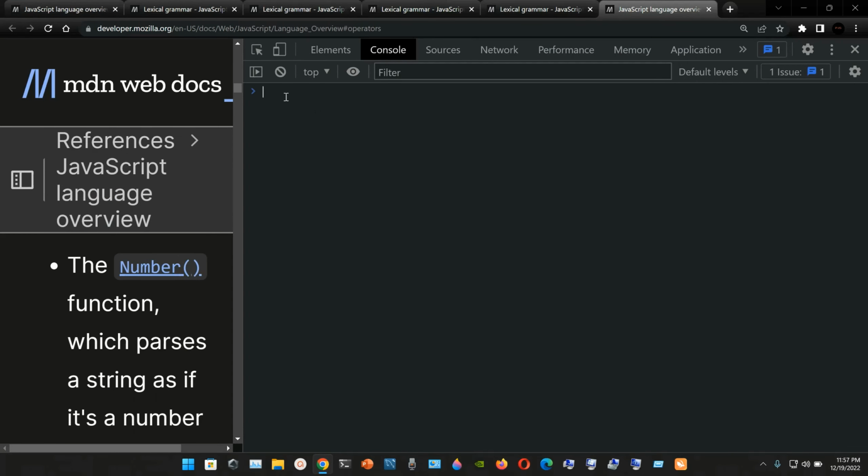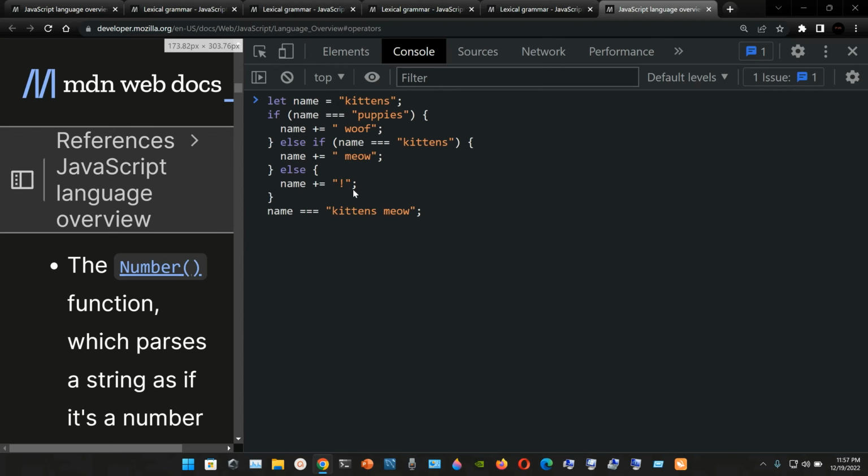So I'm going to go here, I copy, I'm going to paste it, and you can open the dev tools by pressing Ctrl+Shift+I. Now we copy that example and we paste it. So right now we have let name be assigned the string kittens. If the name is equal to the string puppies, then what we're going to do is